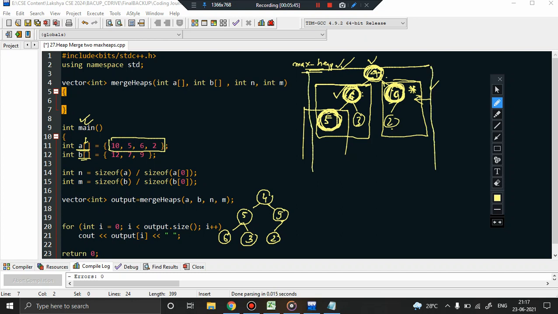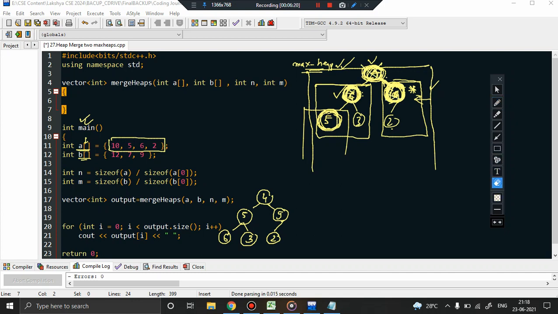So first of all I'll look at its left child and right child. Now if the left child is greater than the root, what does it indicate? It indicates that there is a problem with this particular node, right? That is, this node has a higher value. And again I found out here the largest value is 9, which means the root's value is smaller than the children's value. So which of them is larger? Obviously this node has a larger value, so I will perform swapping between this node and this node.